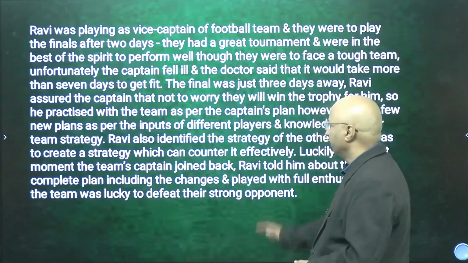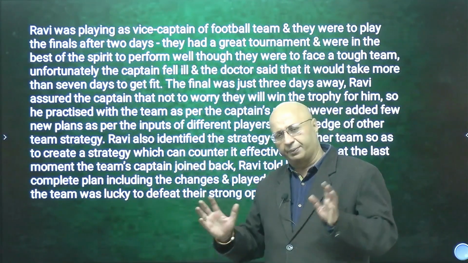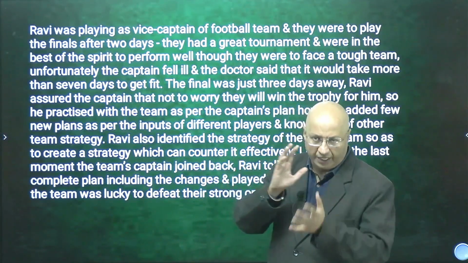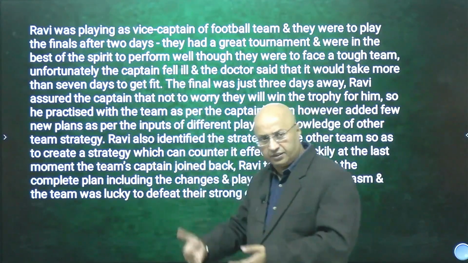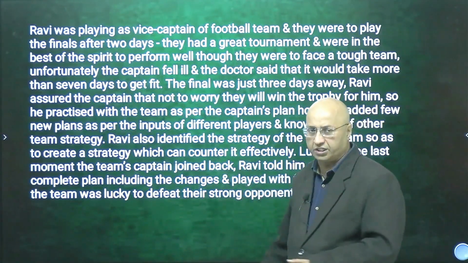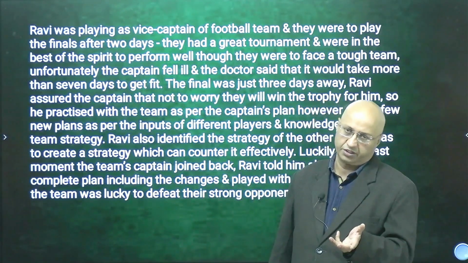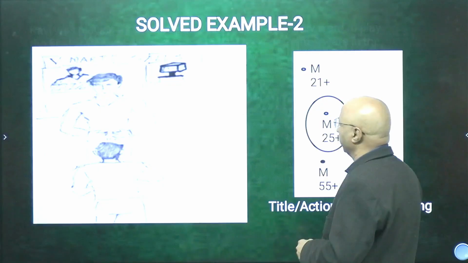Now here, there is no desire from Ravi to be rewarded. He is happy with the team's winning. So that also shows self-motivated behavior. Ravi is taking the role, adapting, shows his intelligence. Ravi doing full justice to the game is also full justice. Is it clear? So this is one story. Let's go down to the second one.